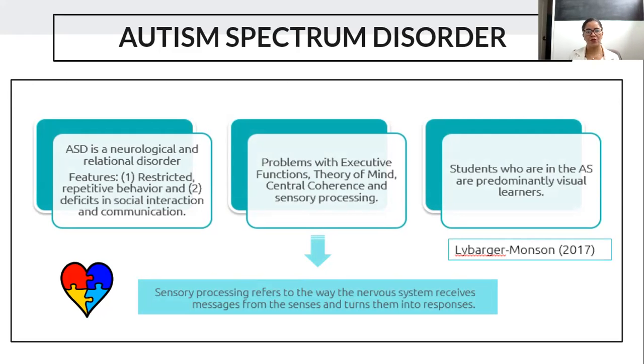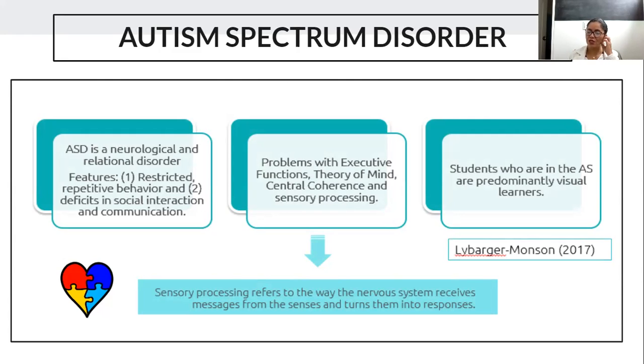They also have a problem with theory of mind, which is basically the shared perception we have of others. So it's quite difficult to understand cues, visual cues or gestures that for other people are completely common. For them, it's complicated to understand subjective feelings, for example. And finally, central coherence is also complicated because they cannot get the whole picture, because they have a very detailed memory. So they are only looking for small details.